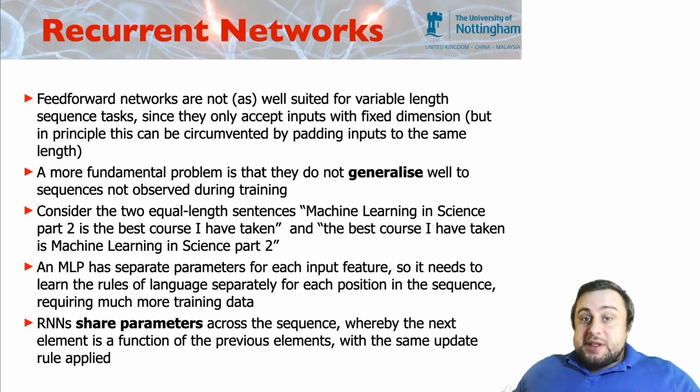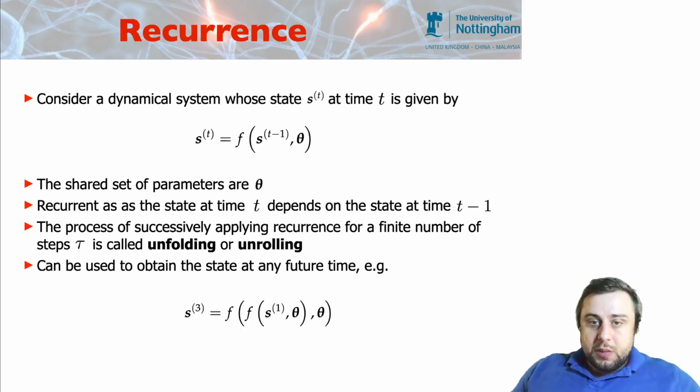So this is rather similar to a CNN, which uses parameter sharing for the convolutional filters, and it doesn't matter where in an image a particular feature will be. So let's consider